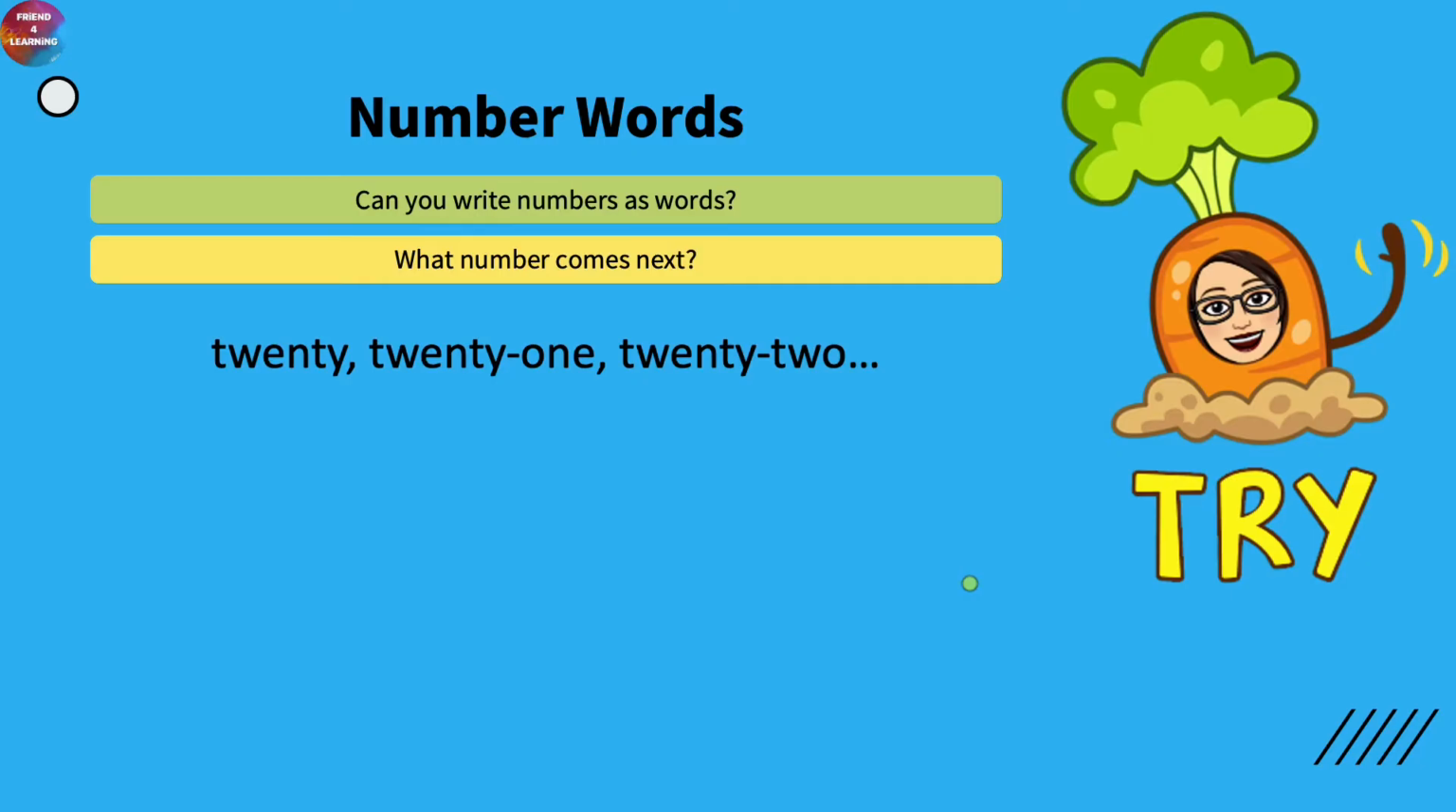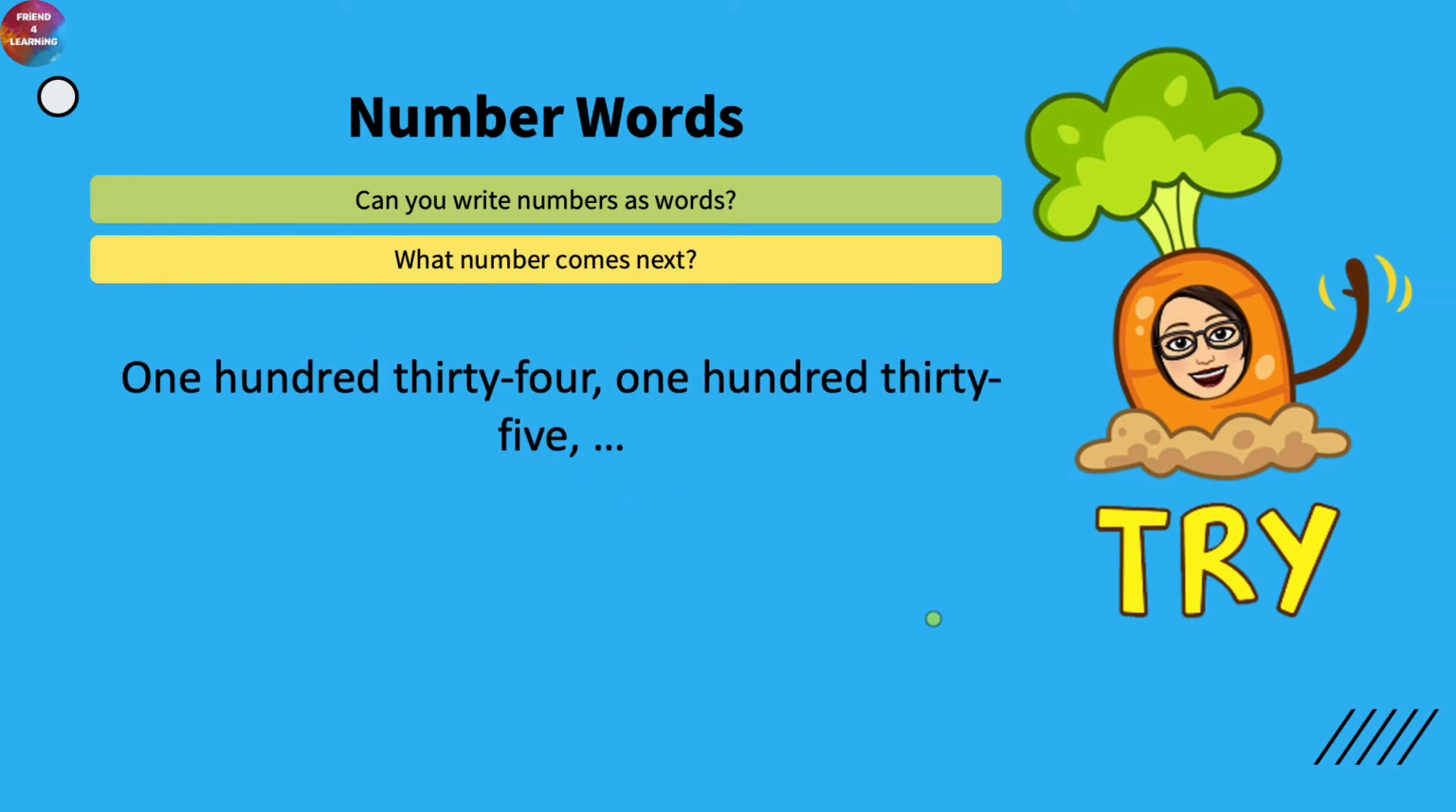Number words. Can you write numbers as words? What number comes next? We have 20, 21, 22. Now I want you to guess what number comes next. Well done. 23. Let's try another. We have